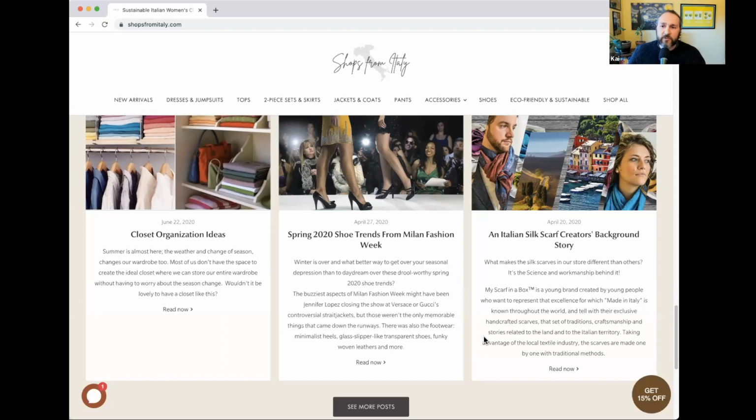This just feels like such a wide stance for Italian clothing. Would Google rank this? I don't even know what they'd rank it for. You're going to be outranked by Wikipedia and everybody else for clothing from Italy.